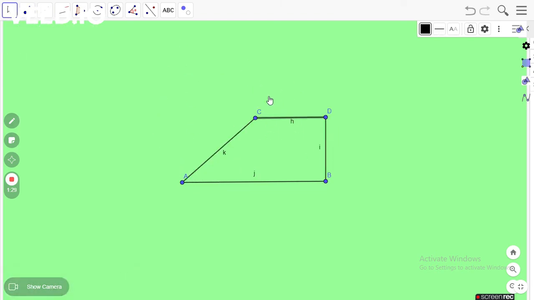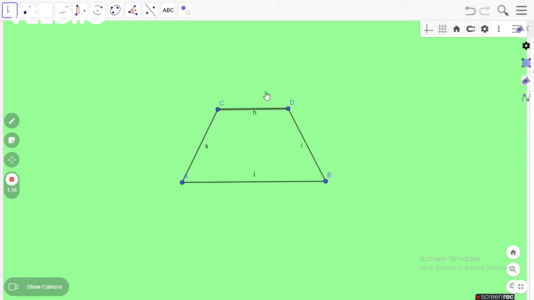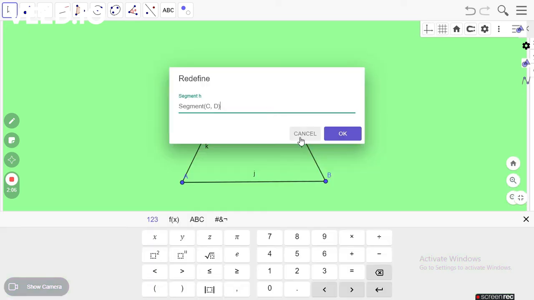After that, this trapezium is flexible. First, we have to adjust it, and because it's flexible, we will pin it to the screen. We will select the point, and on the right top there is an option, a lock symbol. We have to press it. Similarly, do this to all the points. After that, this object is not flexible.